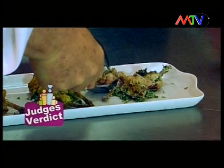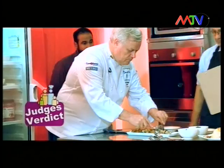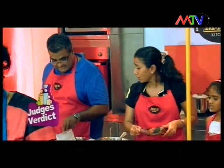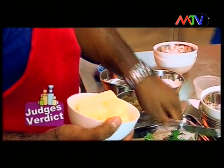For the red team, some of the chicken lollipops were not cooked, which can be a very big issue there. But I felt that their teamwork was very good. They got a little bit messy at the end. I think the time was catching up on them. But,